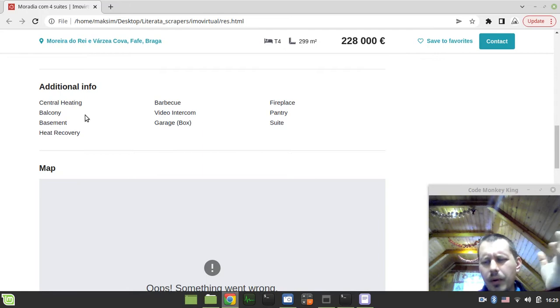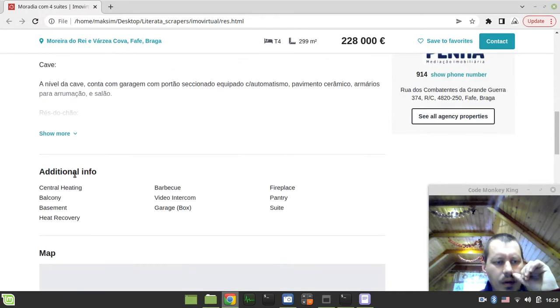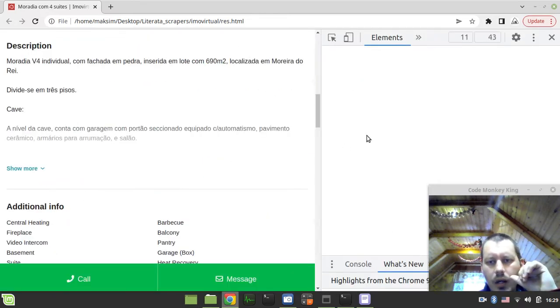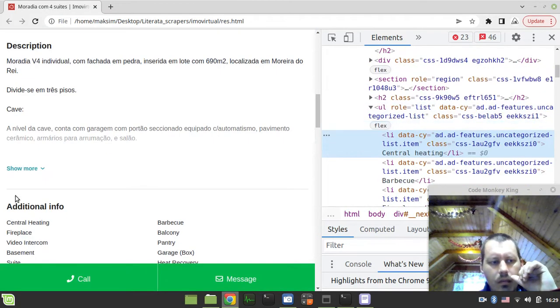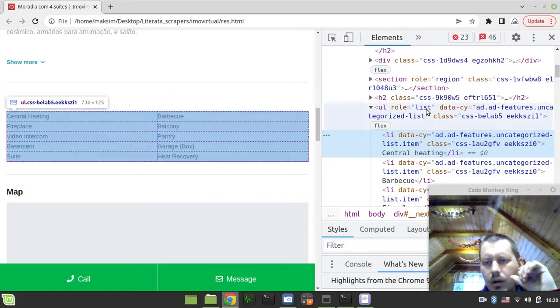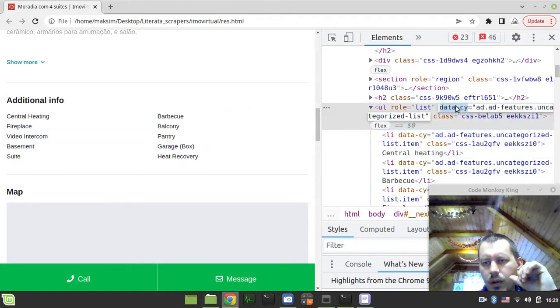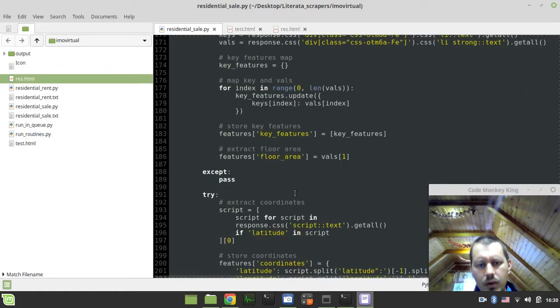Yeah, because that was the term from some of the previous, probably the additional info. So let's have a look at this one. Central heating, fireplace, oh, come on. This one. Yeah, list, yeah, this one.